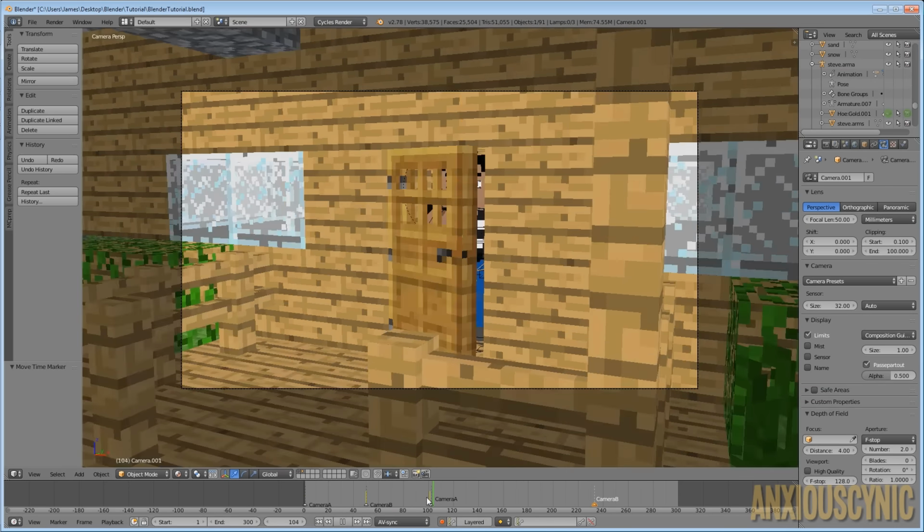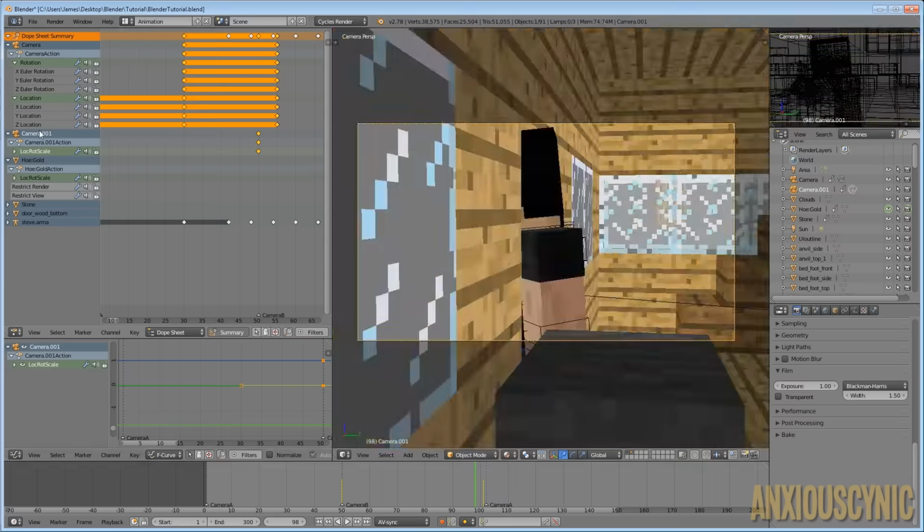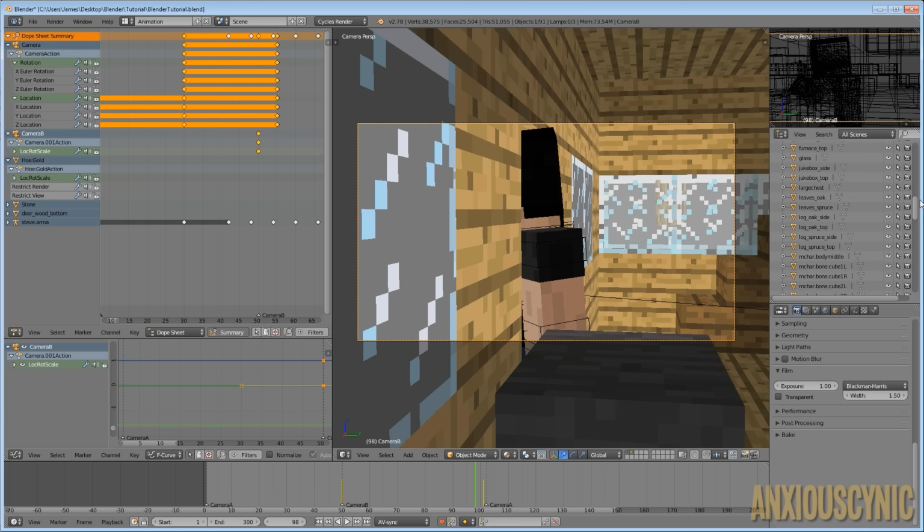And when we come over, let's go ahead and do it the other way for this one. So what I'm going to do is go into our animation scene here. We're going to go to camera 001. I didn't name these. You can actually rename them here. So let's go ahead and call this one camera B. And that way we'll know kind of what's going on there.